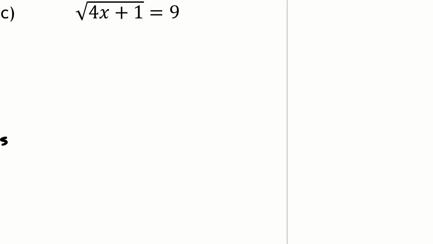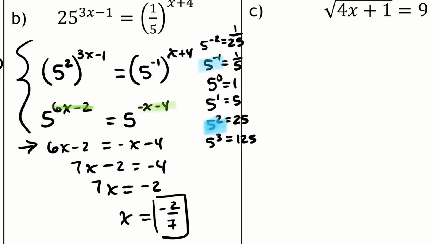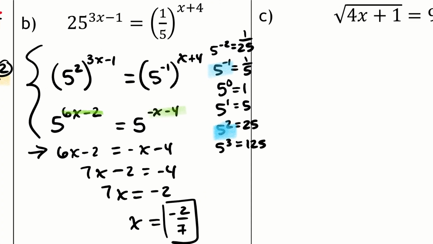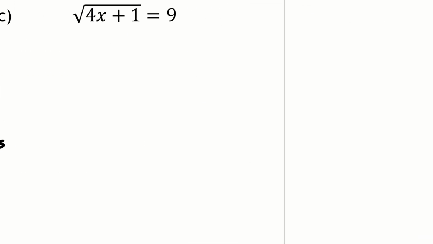Last one here, another approach. By the way, we called this rewriting, right? We were rewriting parts of it so the bases became the same, but then we're also calling this kind of looking inside, because I'm looking at what the exponents are and I'm saying, well, those exponents have to be the same. Over here, I call this looking inside because I know that this exponent, the thing that lives inside of the radical,